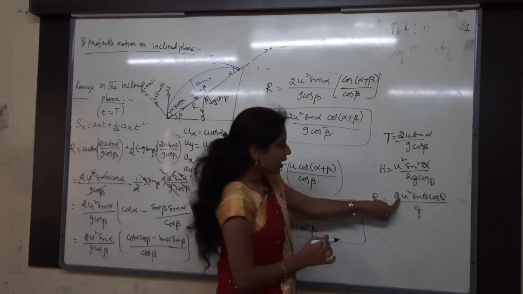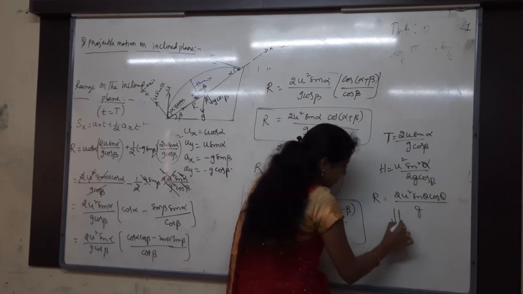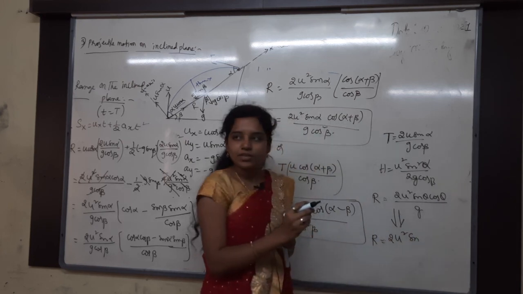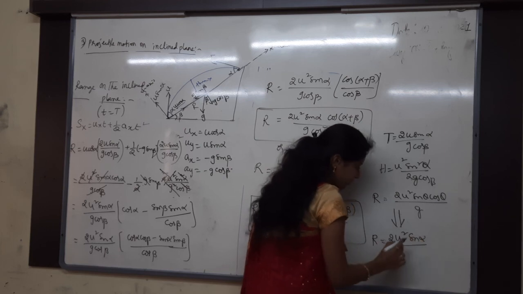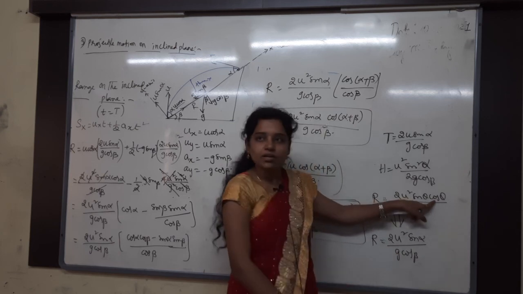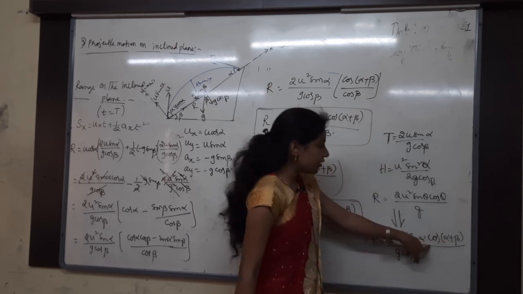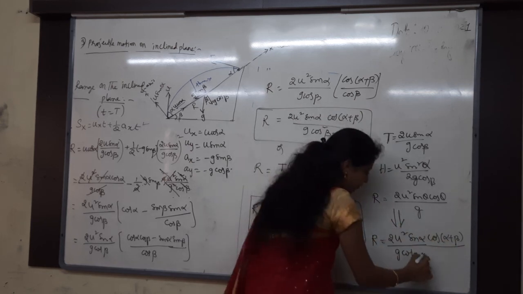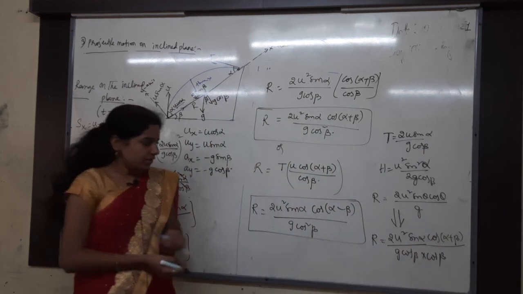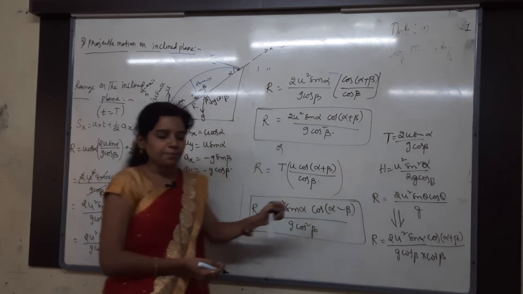So what is the general formula? R is equal to 2u square sin theta cos theta by g. The same thing for the inclined plane: R is equal to 2u square, instead of theta we take alpha, so sin alpha by g cos beta. This is our general formula. What is extra here? Cos theta. So instead of cos theta you take cos(alpha plus beta). Here you are adding cos beta, here you have to multiply the cos beta. That's it, the formula is the same. This one is not much important, but remember as much as you can. Okay? Then copy everything.